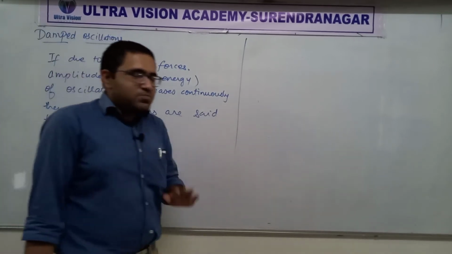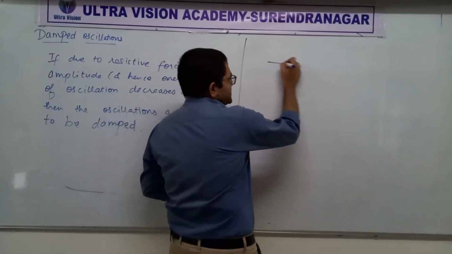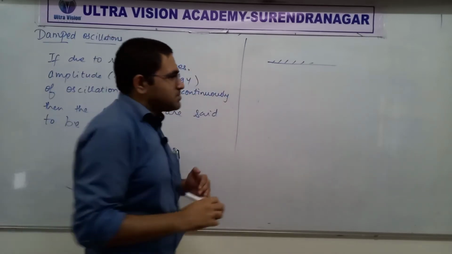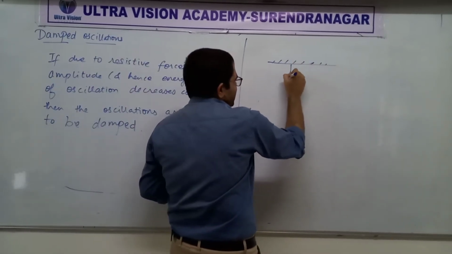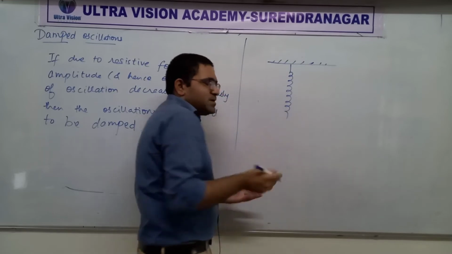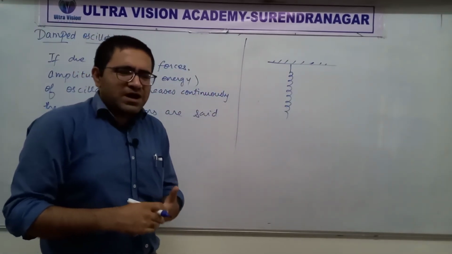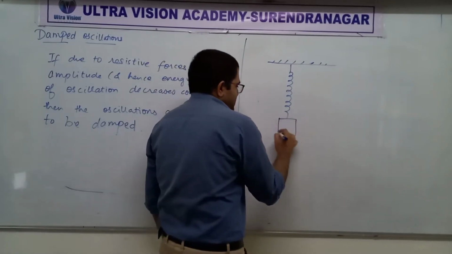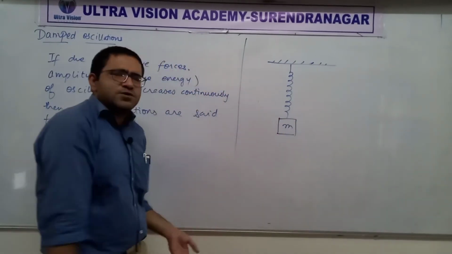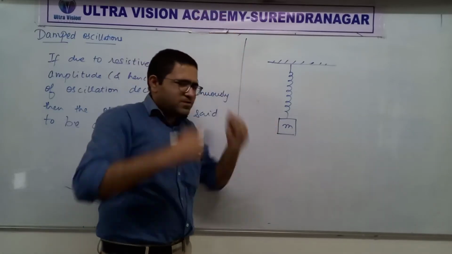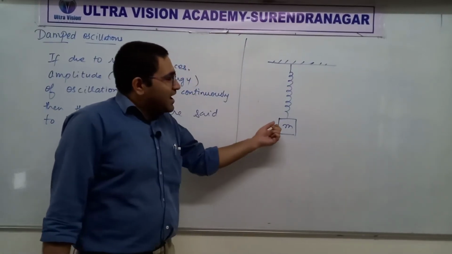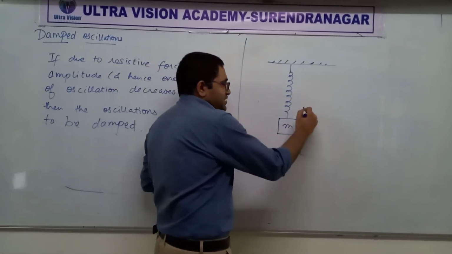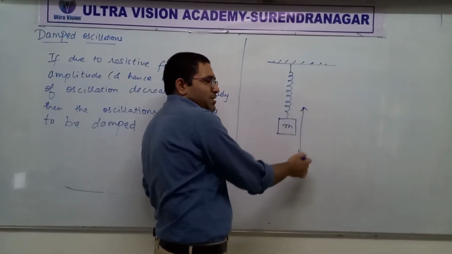Let me give you an example. Very easy. There are hundreds of examples possible. Suppose there is a ceiling, and from the ceiling you take a real spring. Let's say you got a spring from somewhere, maybe from the suspension of a bike or whatever. You attach some block or some mass here. You can also hang yourself over there. No problem. Then you tap it or push it, and you start its oscillation. So it will go up and down and oscillate.